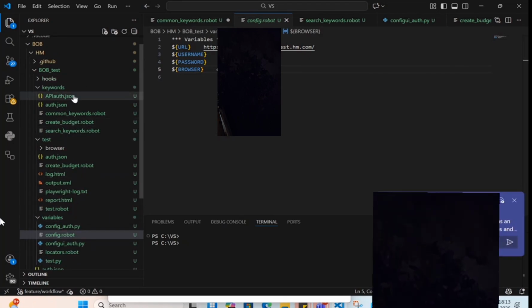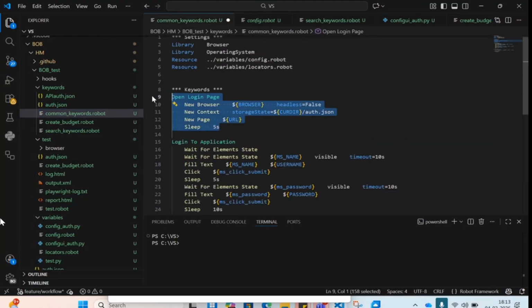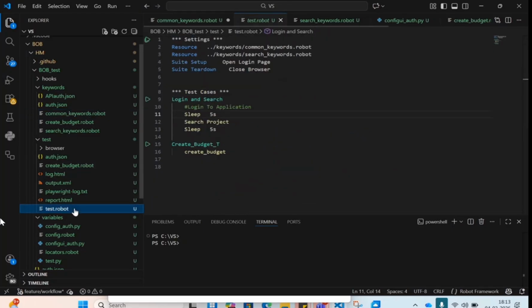And then if you go here, see, this is for opening a page. For example, New Browser, then setting up the context. I have used the context because I was using auth.json to bypass the two-factor authentication. And then we just open the page of the URL. Then I'll jump to login. For example, if I run this test case, here I have written login and search and login to application. I am not calling login to application here because I am using auth.json. So if I run this one,